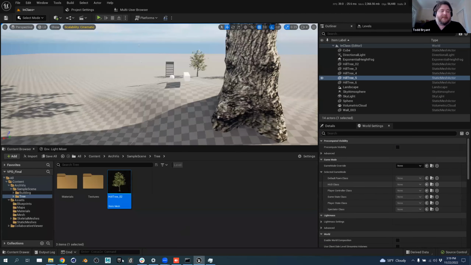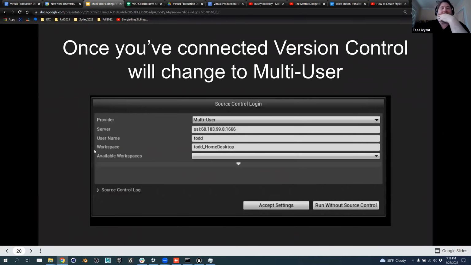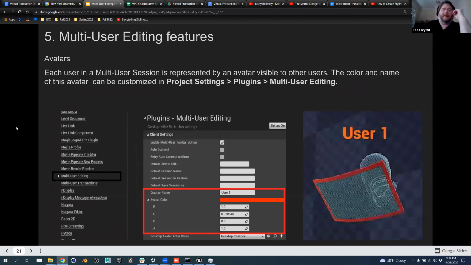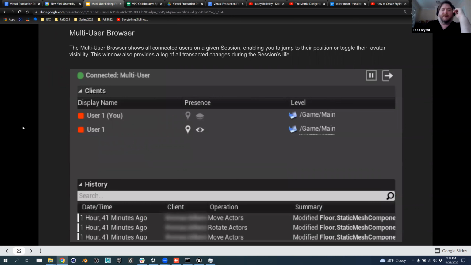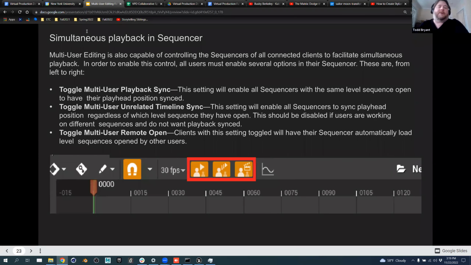And we go back to the presentation to make sure not to skip any steps. All right. So if you do look at version control, you see that version control is no longer saying subversion. It's now going to say the version control is multi-user. It's that server that's open, right? We already went over changing colors. We've already talked about how to navigate around and find each other. So now let's do a